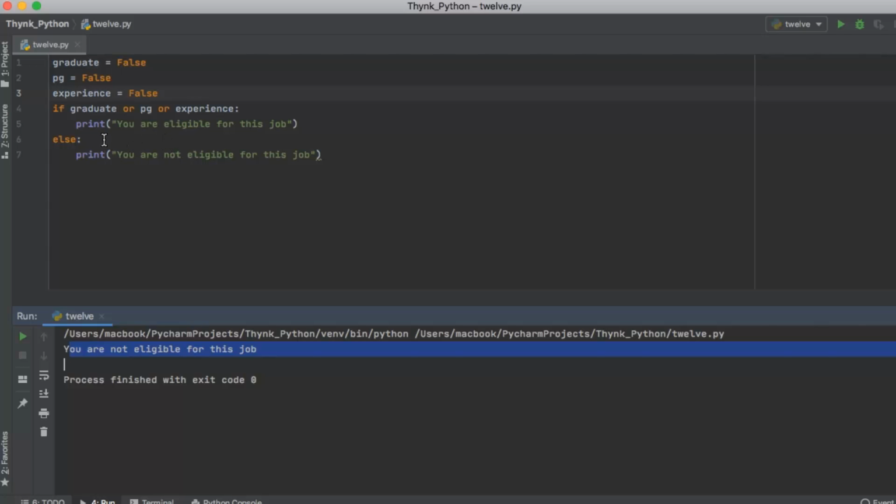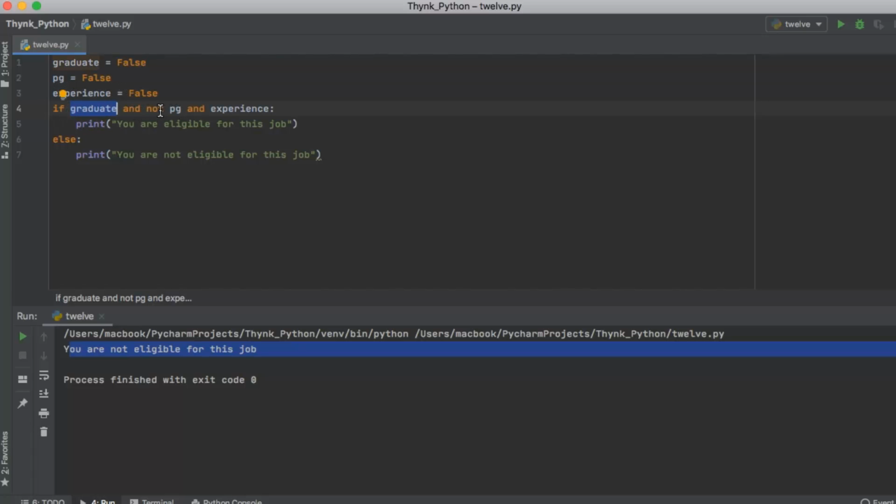There's one more logical operator which is NOT, right? So NOT can be used if, I'll change here only. So if graduate and not PG, so here also I'll use and experience. So what is my condition here? I want the candidate to be graduate and not PG.